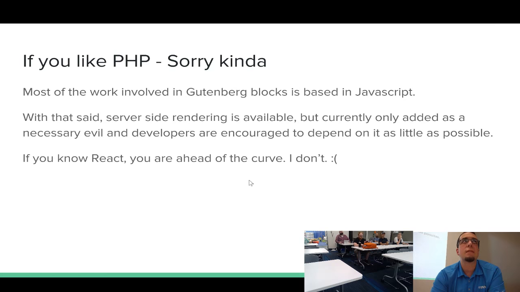The idea is if you do it server side, you don't get an accurate representative preview in Gutenberg, which I guess defeats the purpose of using Gutenberg altogether, because the idea is more of a WYSIWYG experience. What you see in Gutenberg is what you get on the front side of the website, and obviously if you do server-side conditional logic in your Gutenberg block,